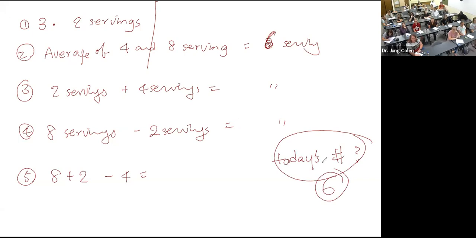So you can have 6 as the result by doing any kind of operation, right? Some students can come up with 3 times 2 is 6, and another student can come up with 2 plus 4 is 6. Another student can come up with 8 plus 2 minus 4 is 6. There are a lot of things that you can play with, right? So that's a good idea to play with your students and motivate them to think about